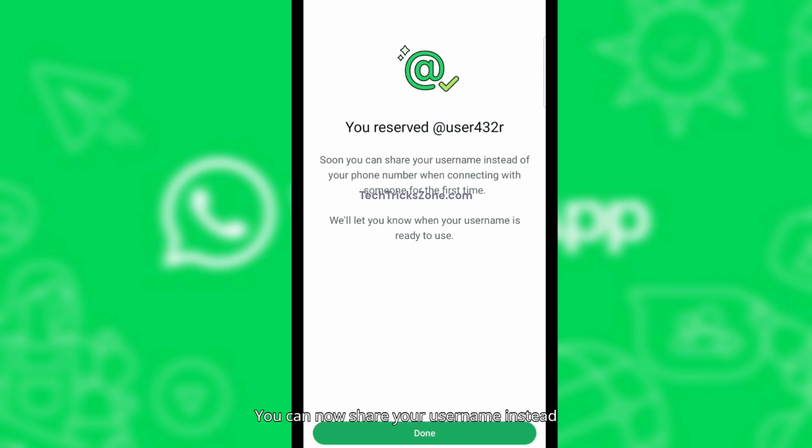You can now share your username instead of your phone number when connecting with new people, helping you maintain more